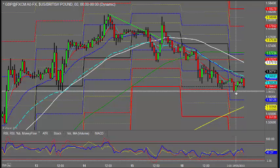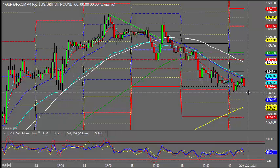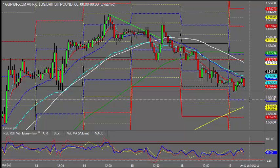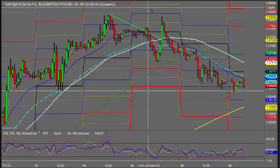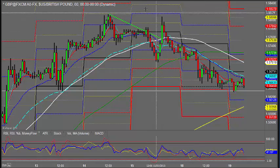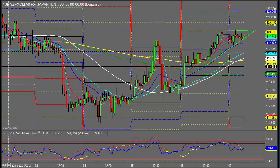Now if we break the lows here, the Asian session low and those prior lows, well, that may just trigger position short, at least as I say, down towards that S1 initially, and then the 200 moving average would be well in range. Moving towards the dollar yen then, a bit more